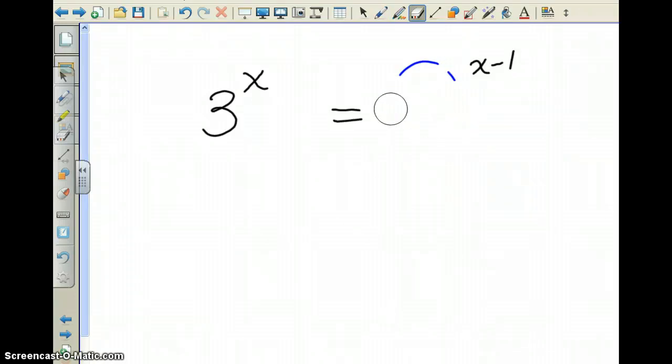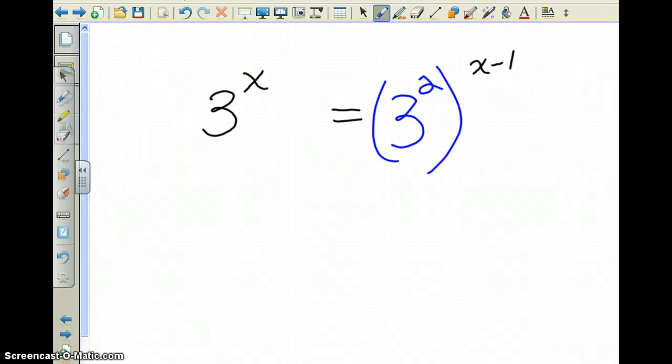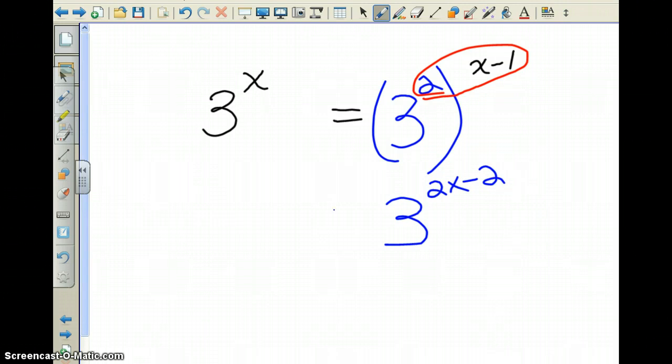So instead of a 9 here, I'm going to substitute 3 squared. That way I haven't changed the value of the right side of the equation, I have just changed how it looks. And now I would use my power-to-power law. So I'm going to multiply these two exponents. So this would be 3 to the 2x minus 2